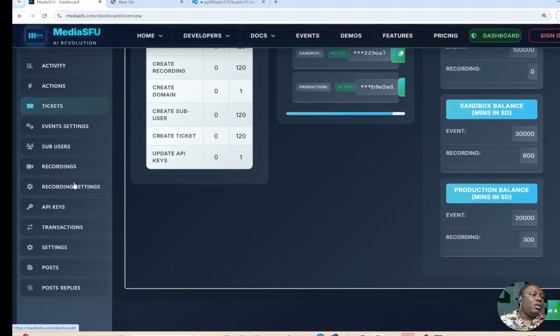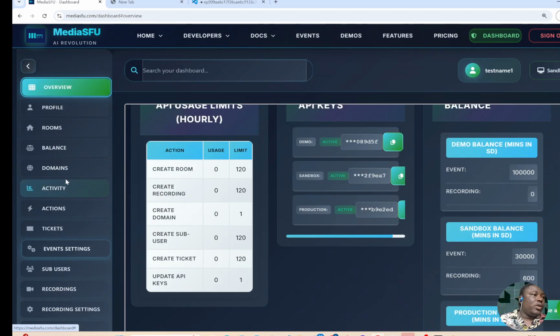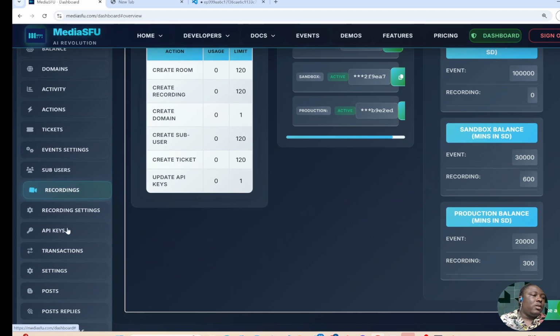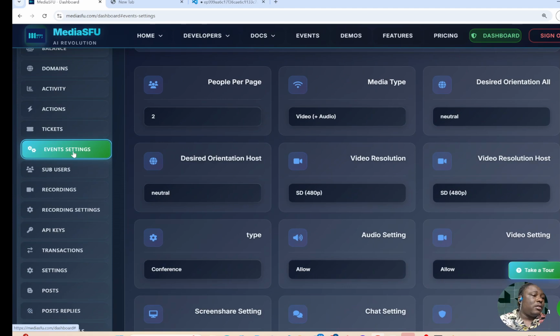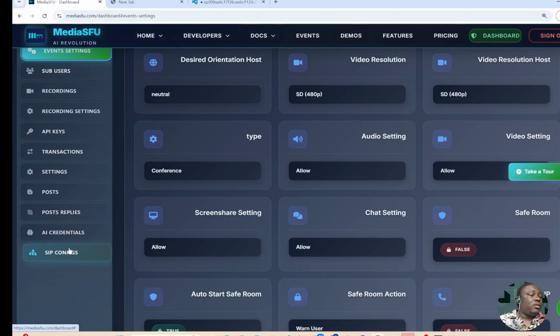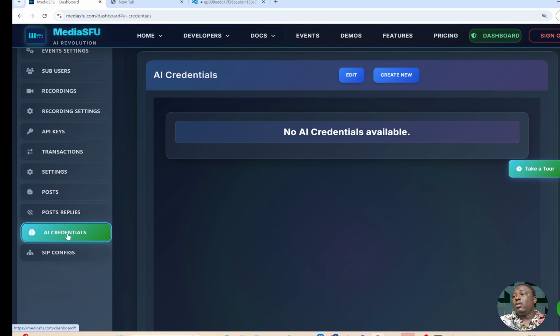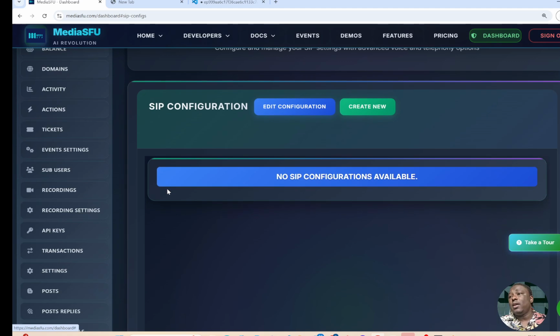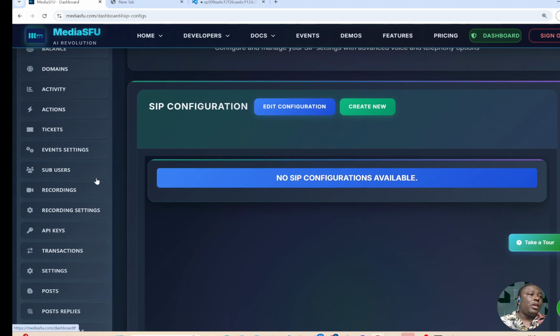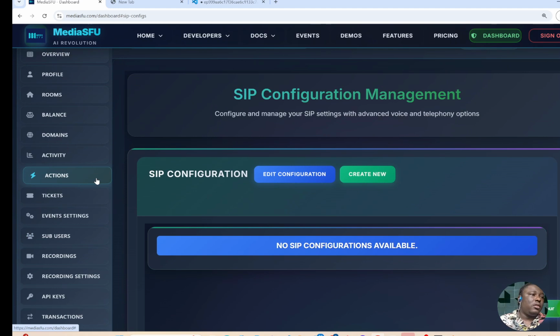So we'll focus on a couple of key areas. One will be your API keys section. The next one is going to be your event settings part. And the very last two will be on your AI credentials, or how we orchestrate your calls, so these models, your speech to text, LLM, and then your text to speech. And finally, your SIP configuration, how MediaSFU talks to your SIP trunking number provider. So let's just take a look at